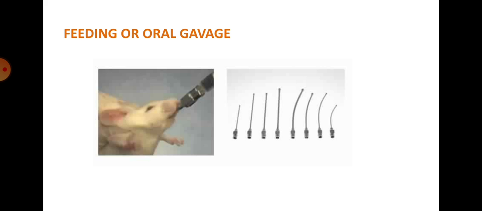So here, gavage is often used in research settings instead of mixing substances in water or food to ensure accurate dosing of animals. It's a small curved metal tube. Usually you can see here different sizes of these tubes in the picture. It's a metal tube usually with a ball on the end, that is the feeding needle, often used with small rodents. Entrance may normally be obtained without anesthesia using ordinary hand restraint, and the ball prevents trauma to the esophagus and oral cavity.